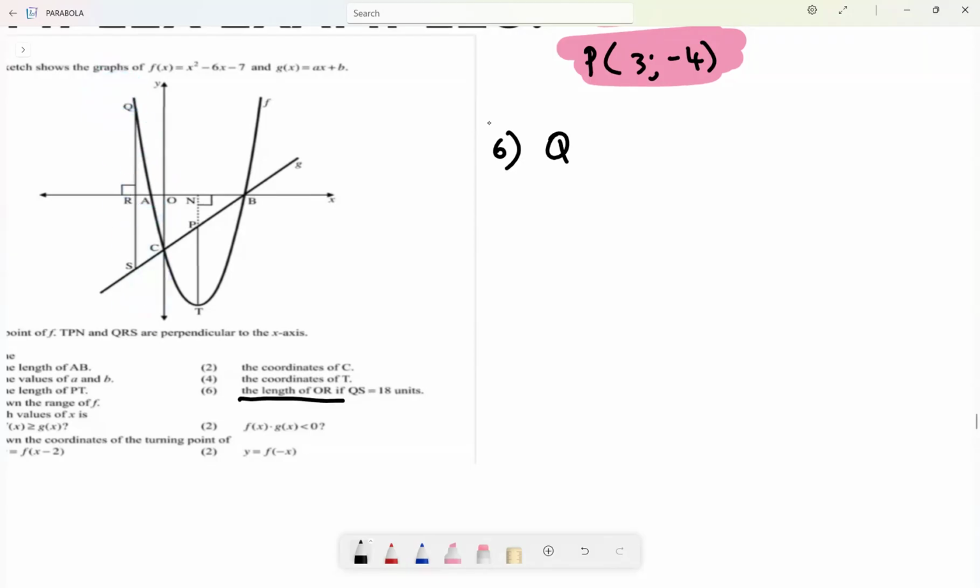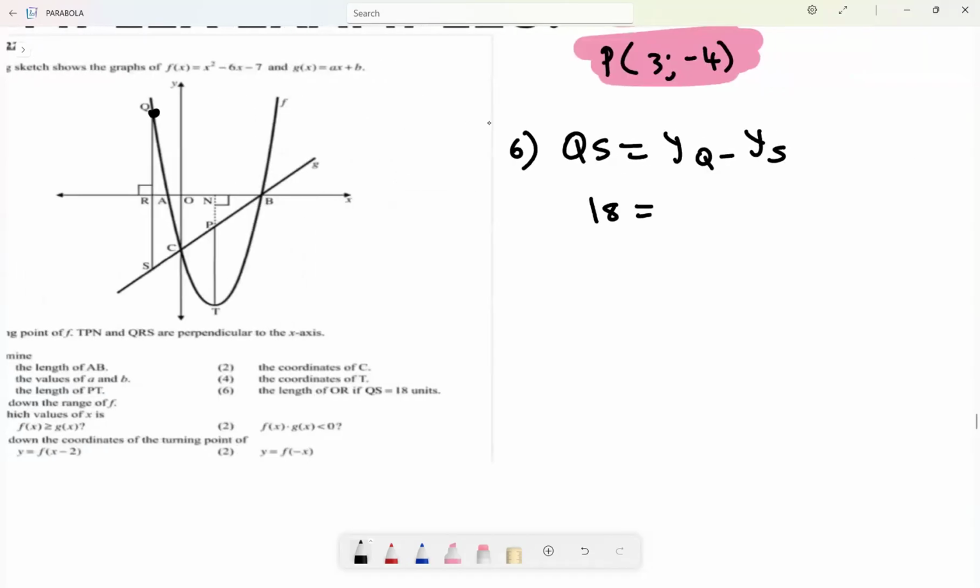Remember, if you wanted to find QS as a distance, QS is a vertical distance. So it's going to be the y coordinate of Q minus the y coordinate of S. But now, in actual fact, they have given us QS as 18. Do you know the y coordinate of Q? No, we do not. Do we know the y coordinate of S? No, we do not. What we need to find first is